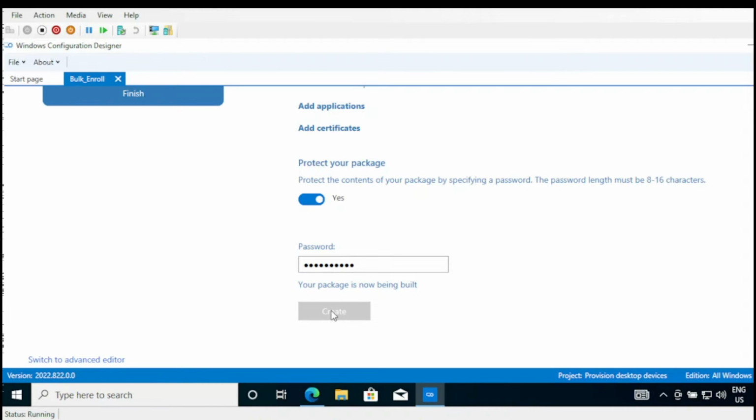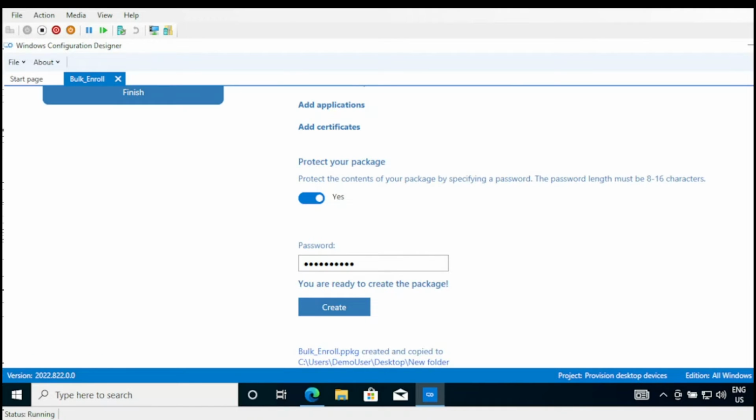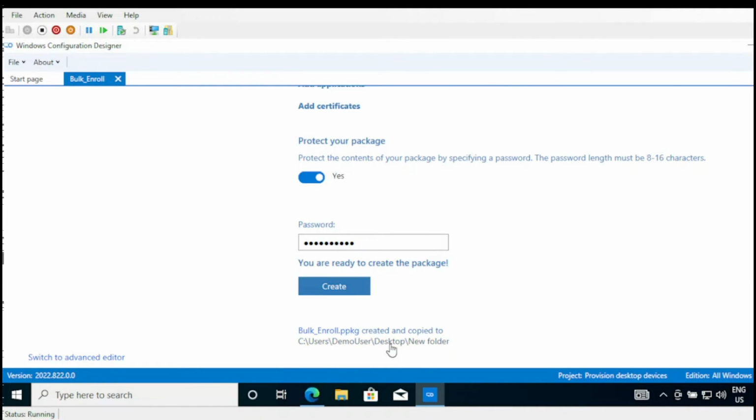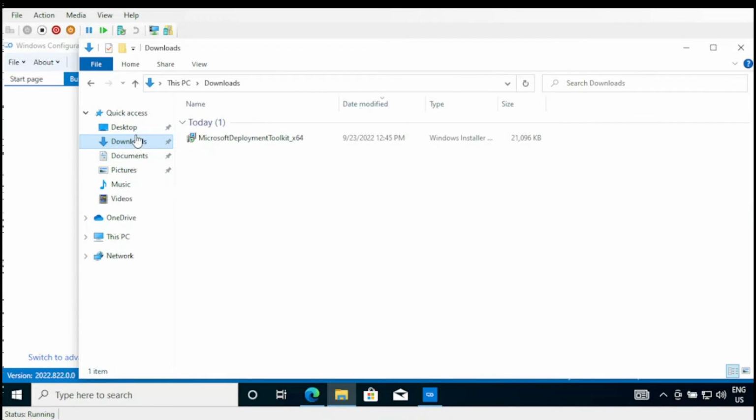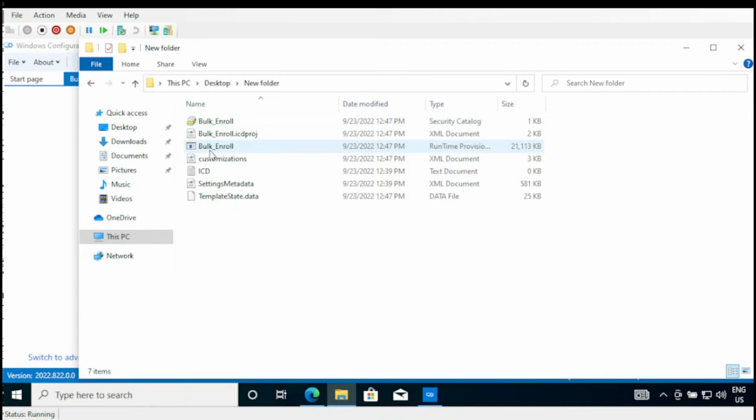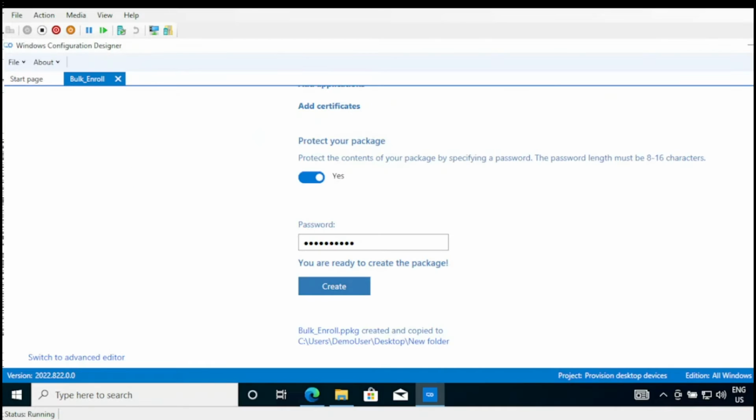Now it's creating. Now it's done. The package is created and is stored in the folder which we created earlier on the desktop. Under this, we have a folder called bulk enrollment. Now I'm going to show you how to